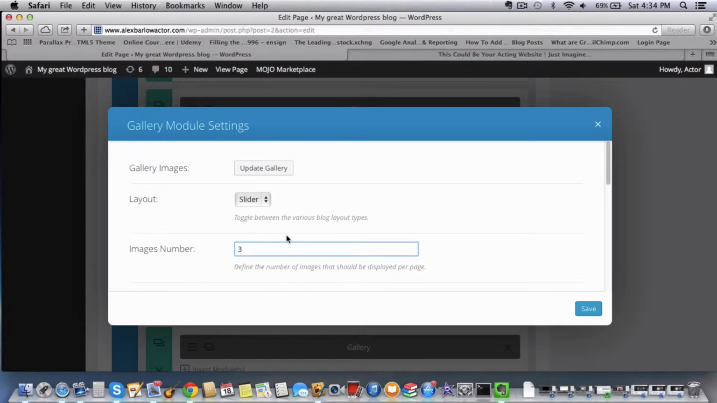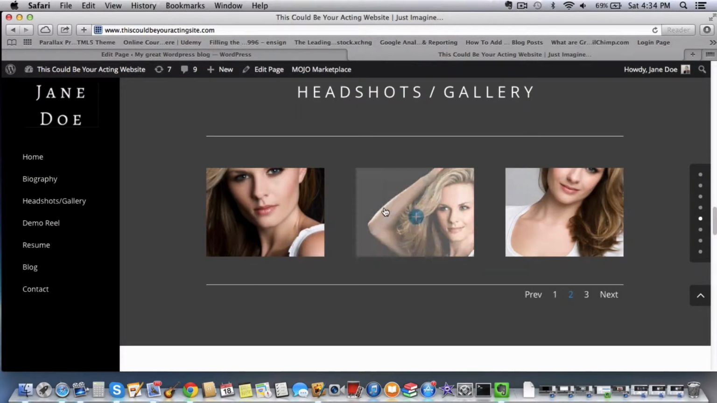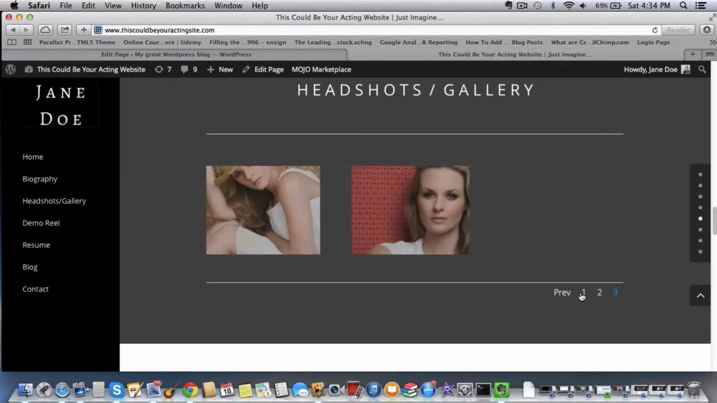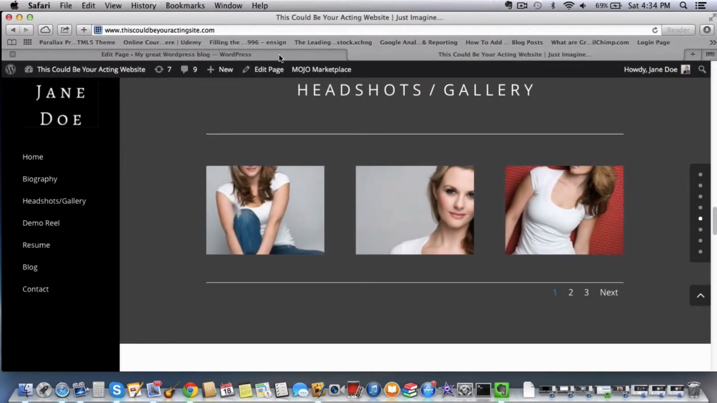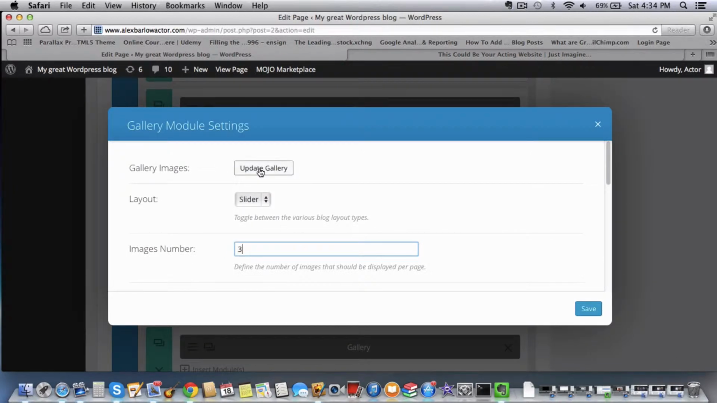If you want to do like 6 or 8 or whatever you want to do, depending on how many pictures you have, this just means that there are 3 to a row before they have to click next to get more of them. So you can play around with it and use it to your liking. Now click Update Gallery,